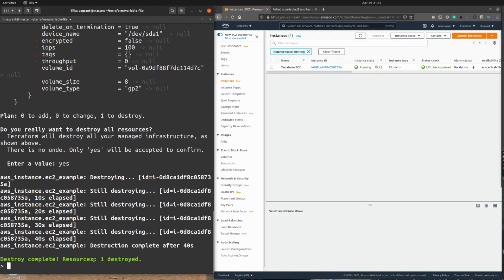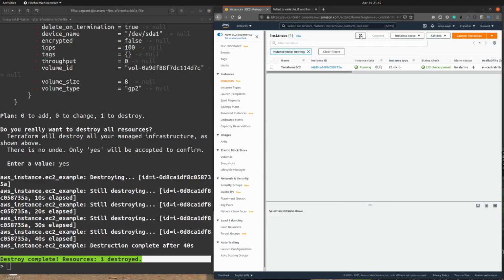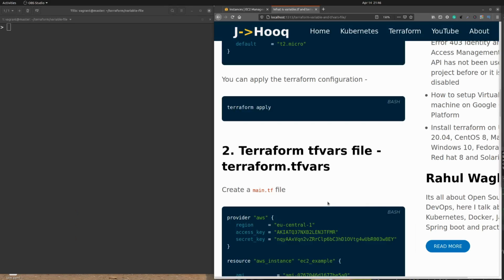Okay, so here you can see the message "destroy complete." That means our instance should be destroyed, and we can verify that from here. We just need to refresh, and here you can see our instance has been deleted. Moving to the next topic,